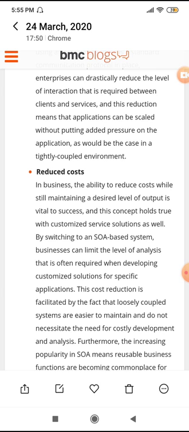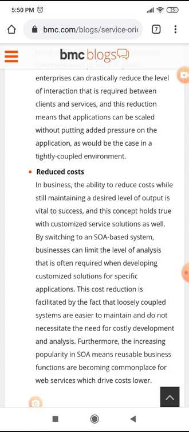By switching to an SOA based system, businesses can limit the level of analysis that is often required when developing customized solutions for a specific application. So we already understood what reusability and scalability are. With the help of that we can also reduce the cost.